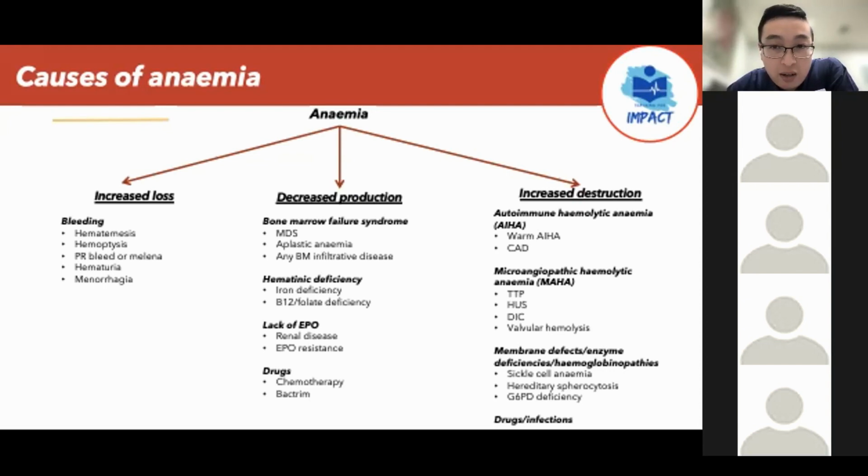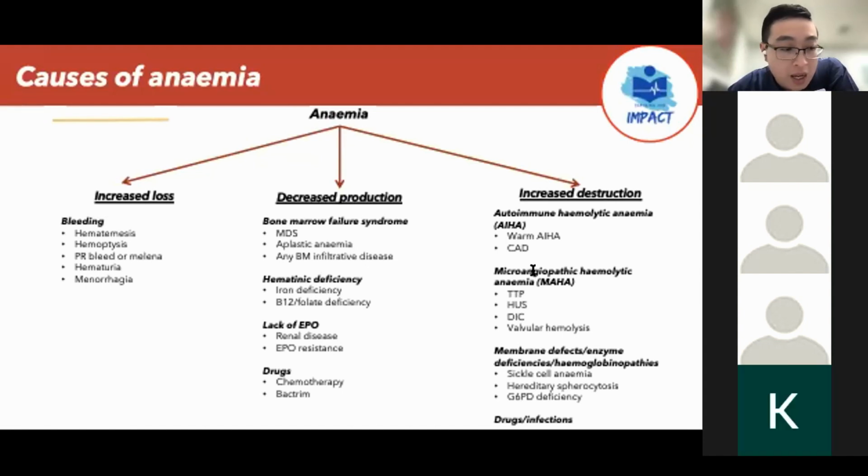And there are three types of MAHA, so microangiopathic hemolytic anemia, three causes. So they are TTP, HUS, and DIC. So TTP stands for thrombotic thrombocytopenic purpura. I guess, so a primer on TTP,